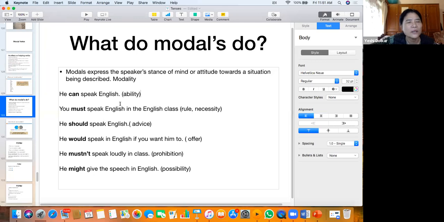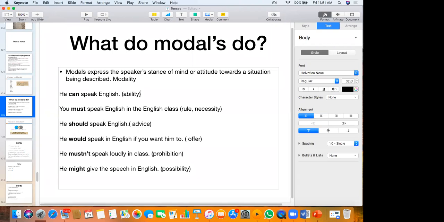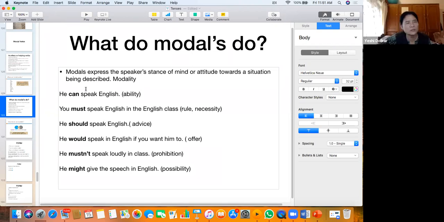All right. Okay, anyway, so this is what we mean by modals and what actually the function of modals. Modal, do you understand? Yes. Helping verb, it has to be written with a verb. This speak. He speaks. He can speak. He must speak. He should speak. He would speak. He mustn't speak.